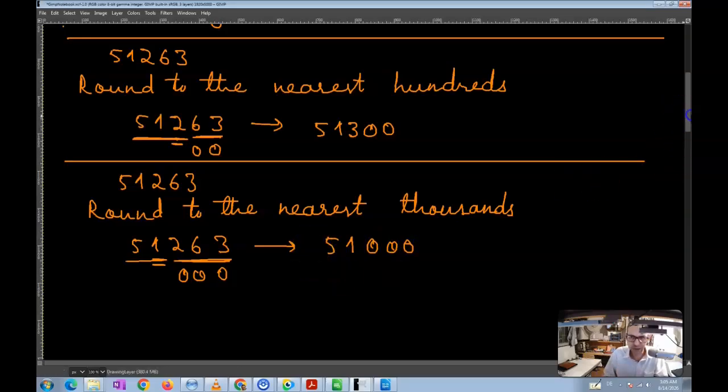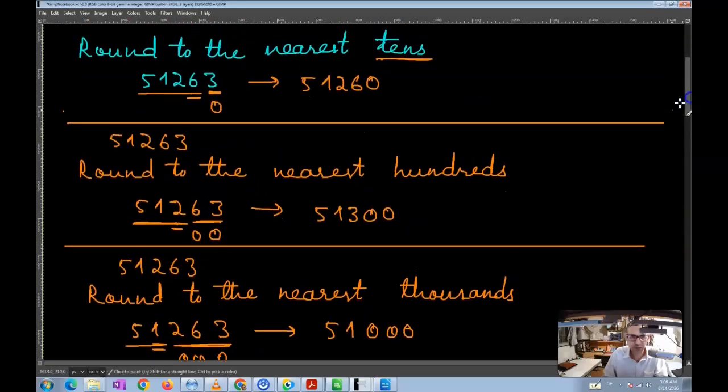So as you can see, as I round the number more and more, more information is being lost in the number, meaning the number was 51,263, and then when you round it to the nearest tens, it becomes 51,260, then it becomes 51,300, then it becomes 51,000. So you get more and more zeros in the number, which means that more and more digits in the number are being simply substituted with zeros, meaning that you're losing more and more information in the number. Okay,